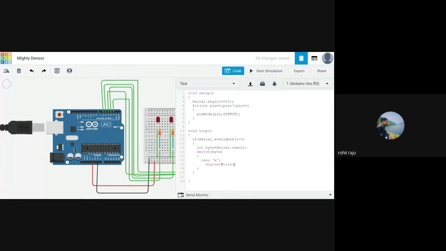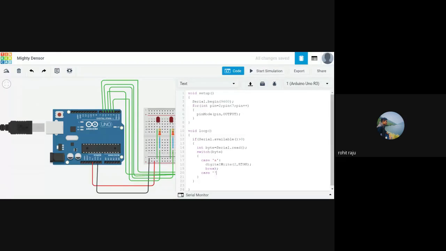right? And to high, right? Okay. And we need to use a break here. If we don't use a break here, that would mess up our program, because as soon as we type A, this statement should get executed, and we need to exit out of the whole switch statement, switch block. If you don't put break here, this executes all the cases A, B, C, D, and E, which we don't want.